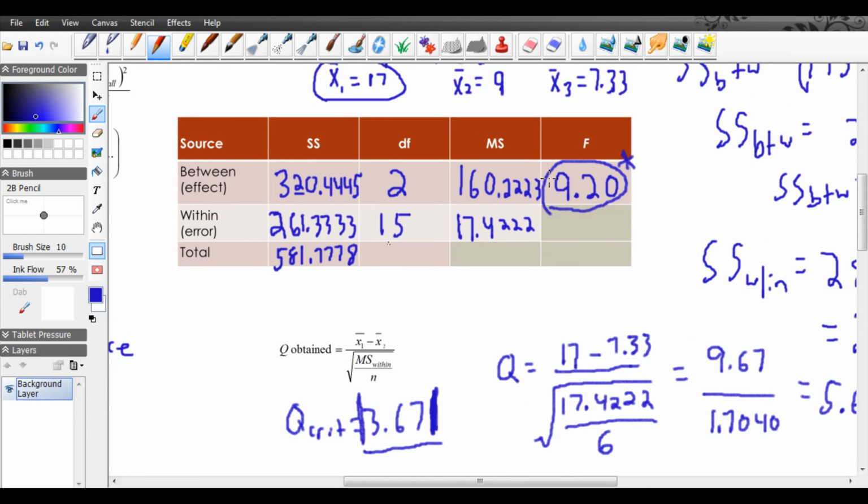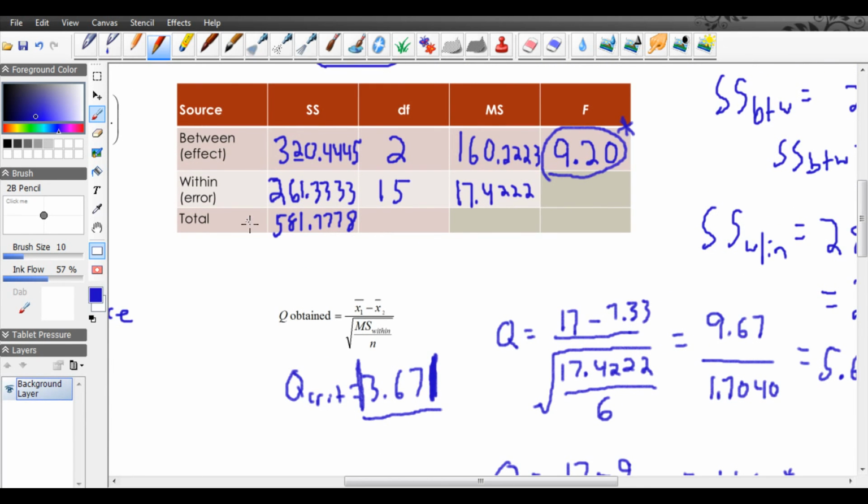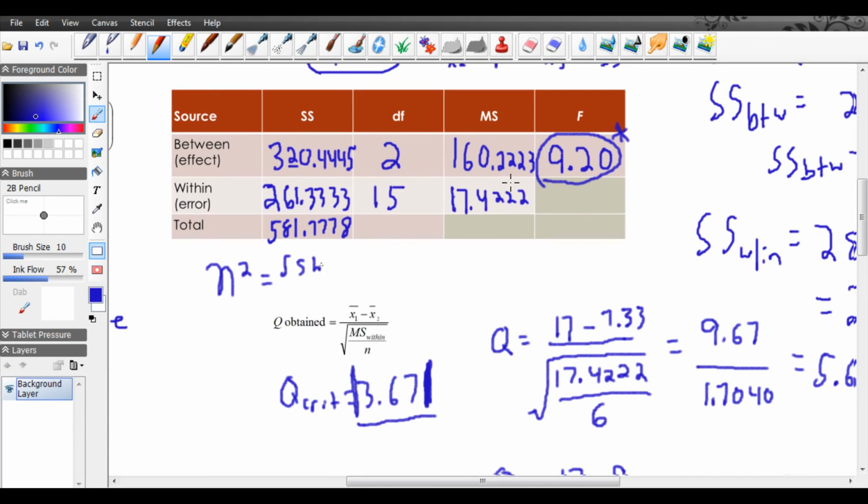All right, last thing I want to show you how to do by hand is to compute the effect size, which is the one we're using. Remember, it's called eta squared, which is the SS between over SS total. So all we need to do is we take 320.445 and divide that by 581.7778, and we get